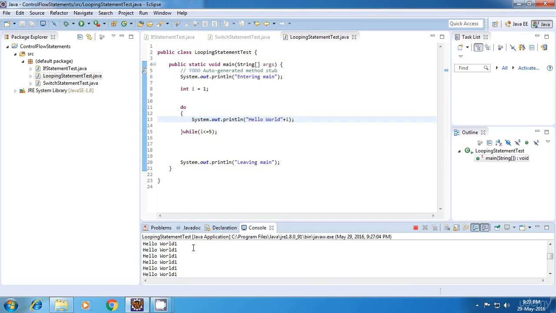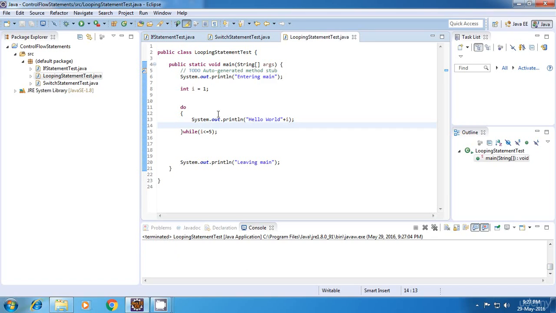Okay, and as you can see, we haven't incremented it. So guys, this is a very important observation. You can see it went in an infinite loop, and the reason behind that is we haven't incremented the value of I. So every time it was 1, and that's why it was satisfying this condition. So we should not forget to increment the value of I, and now when I run the code,